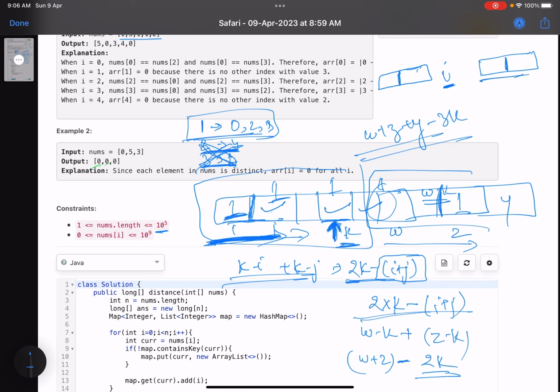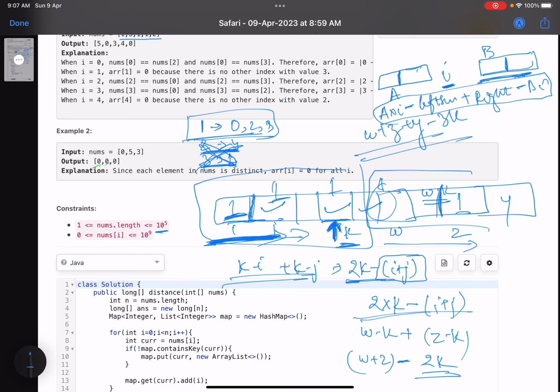So you'll do a into i minus left sum plus right sum minus, suppose the occurrence is, this is your answer for the index, right? This is the trick here.